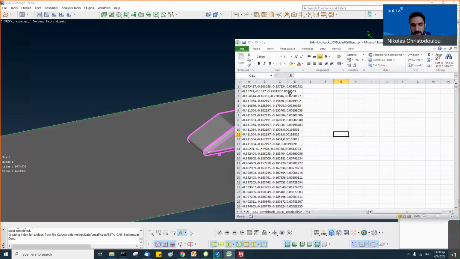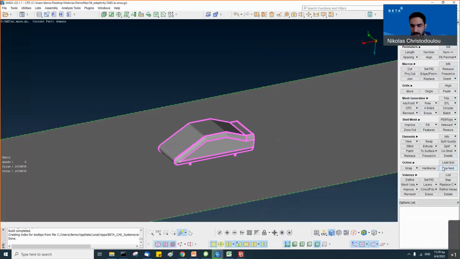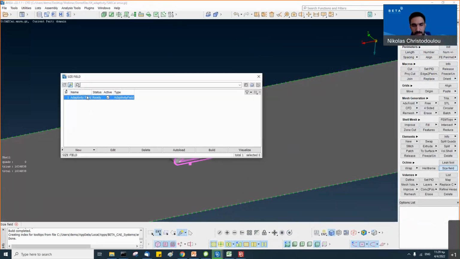We can see it here. So XYZ coordinate and the ideal cell size. This output is based on the solver, and ANSA can read it in a size field, as you can see here.